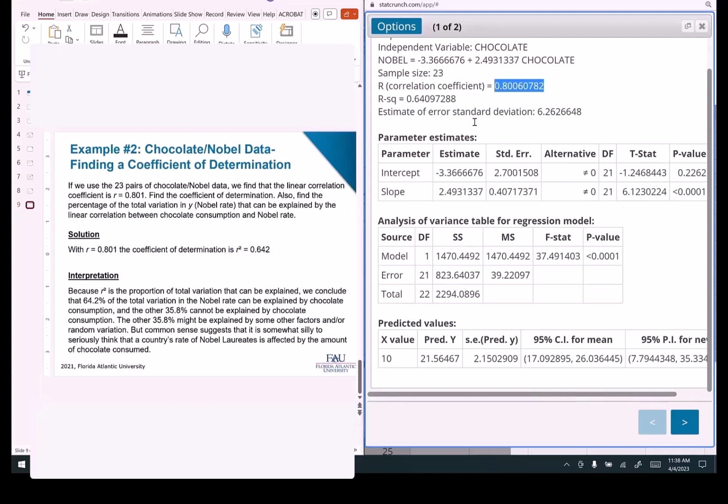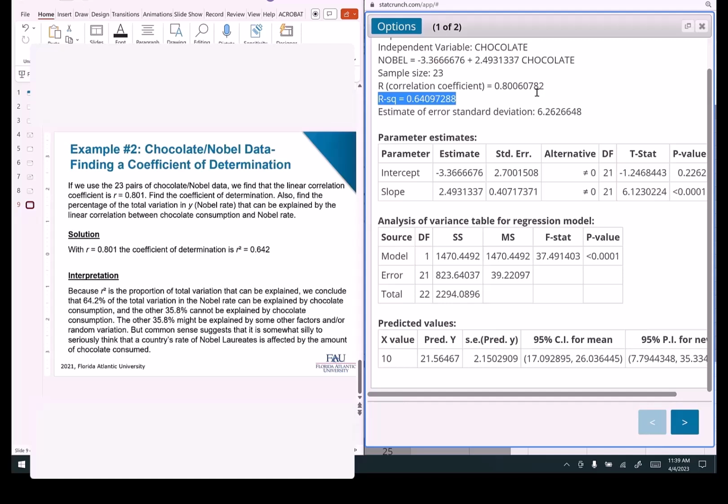Find the coefficient of determination, r squared. All we do is take this value, 0.801, square it, and we get this. Find the percentage of the total variation in y, Nobel rate, that can be explained by the linear correlation between variation, chocolate consumption, and Nobel rate. Since we know r, we also know r squared, but we're given r squared anyway. Because r squared is the proportion of total variation that can be explained,